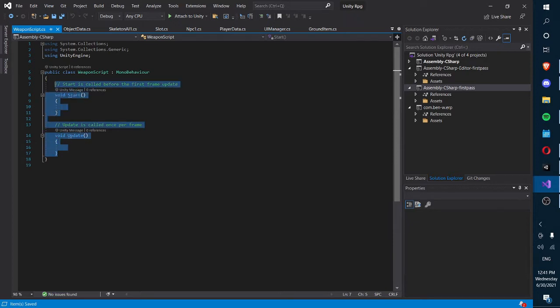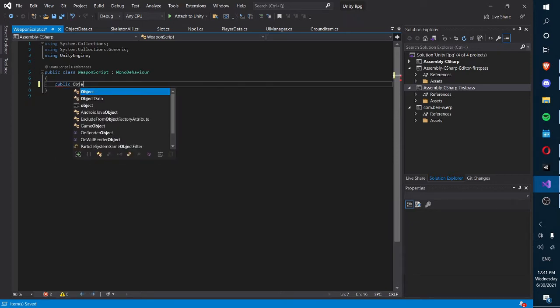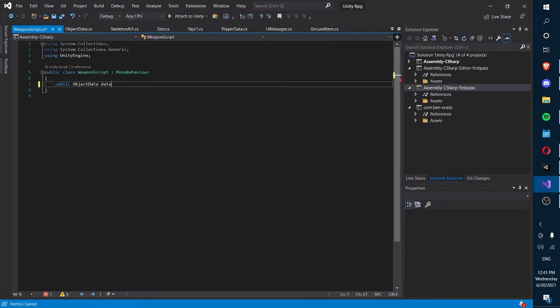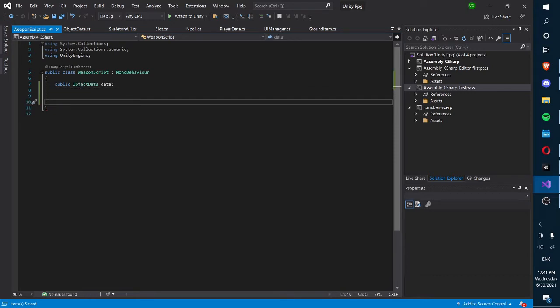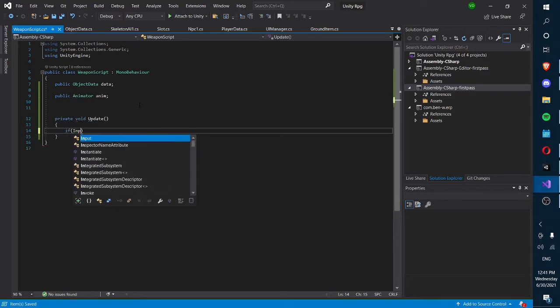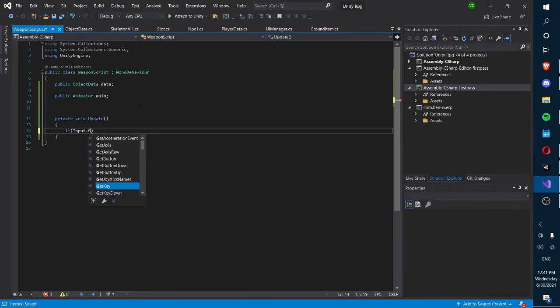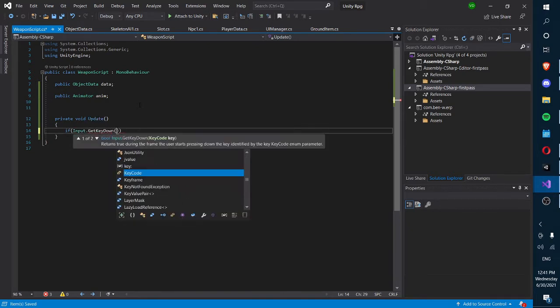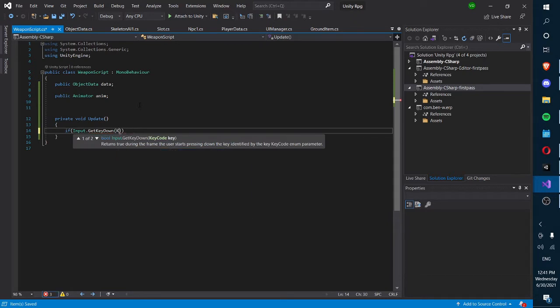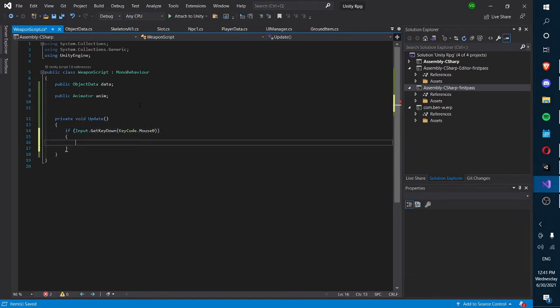So over here in our new script, we're obviously going to reference our object data, and we're going to call it data. And basically what we want to happen is we also want the animation, so we can reference the animator by saying public Animator anim. And we can just say void Update, if Input.GetKeyDown(KeyCode.Mouse0), which is our left click,